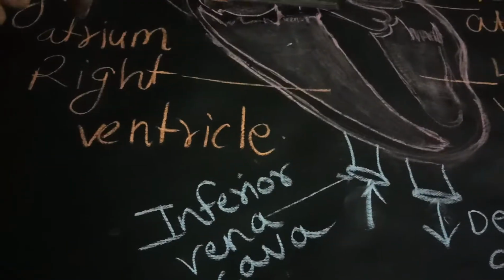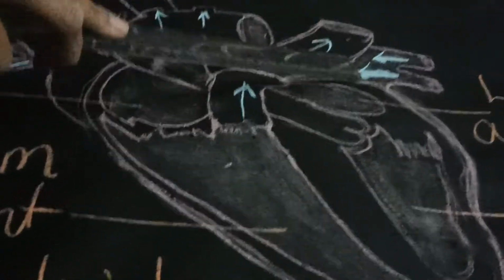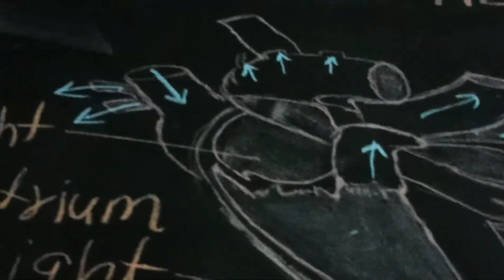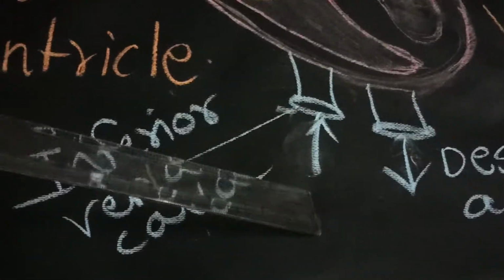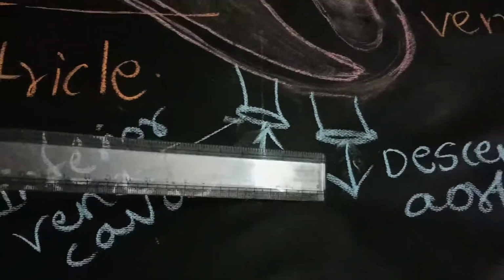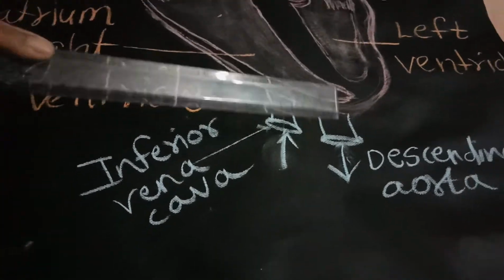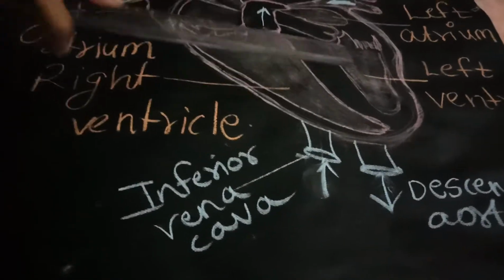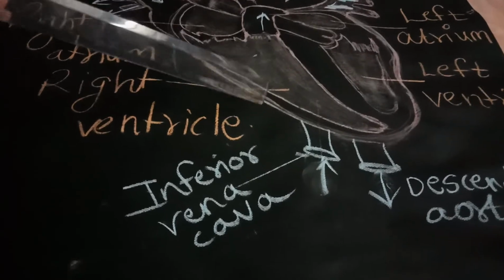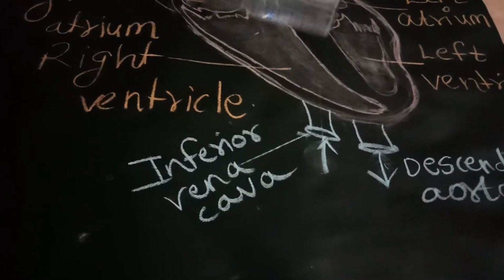Are you able to see the arrows? See here. These 2 arrows are coming inside. This one is going up. This one is also going up. This one is coming inside. Again, these two are going out. If you come down, see here, one arrow is going up and one is coming down. That means the blood flow is happening in these directions. Where the arrows are going in the same direction, the blood flow is taking place. Okay, clear up till now?